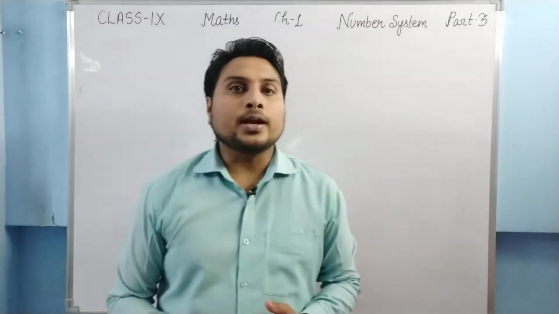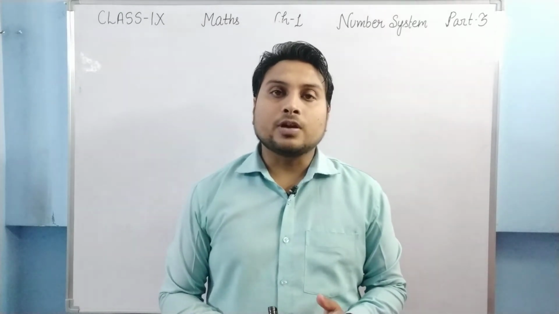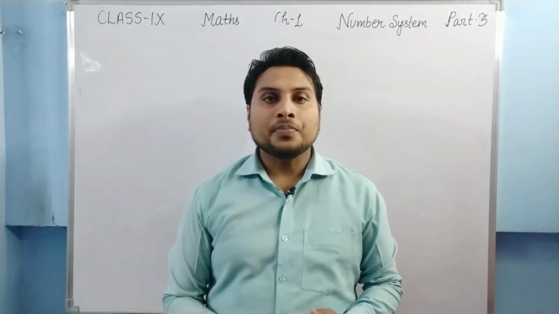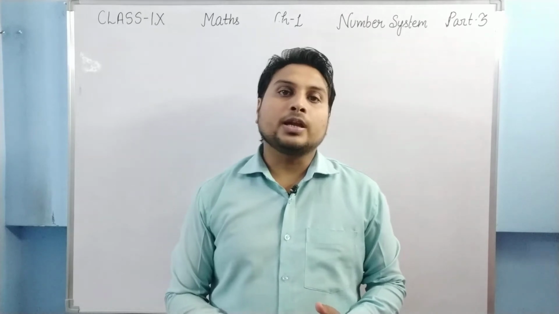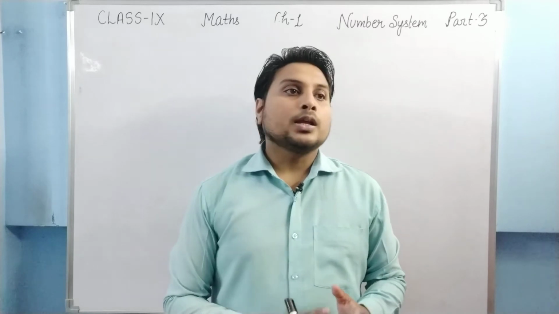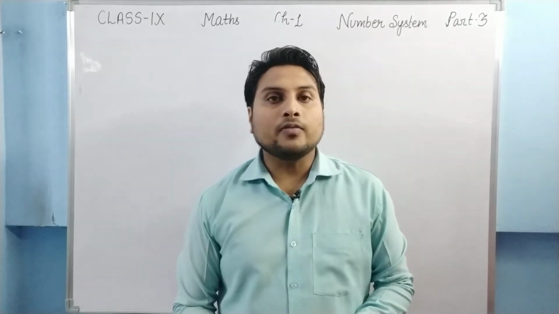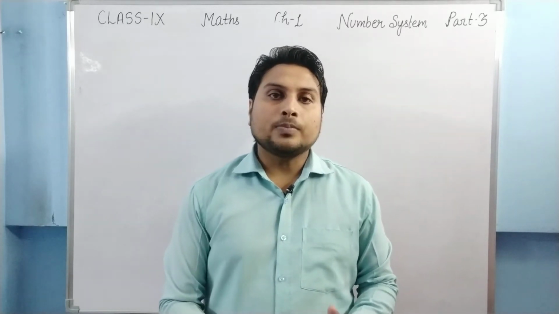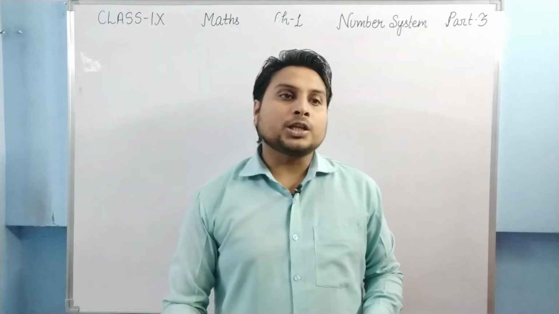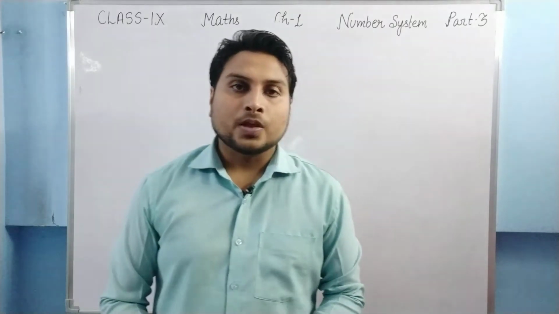Students, as you all know, in the first part of the chapter we covered all the basic definitions that you have studied in your previous classes also, okay? And after that, in part 2 we covered the topic rational numbers, where we learned how we can represent any rational number on the number line, okay? And then we covered how we can find some rational numbers between two rational numbers. Like if the question is to find 50 rational numbers or 100 rational numbers between two rational numbers, that method also we have studied, okay?